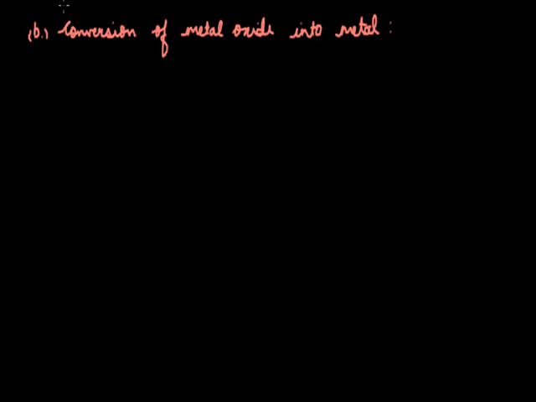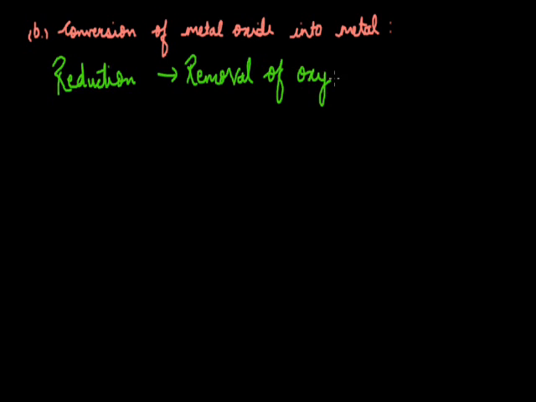The process involved here is reduction. Reduction means here oxygen is removed from the metal oxide, so we can say it is the removal of oxygen, and metal oxide is converted